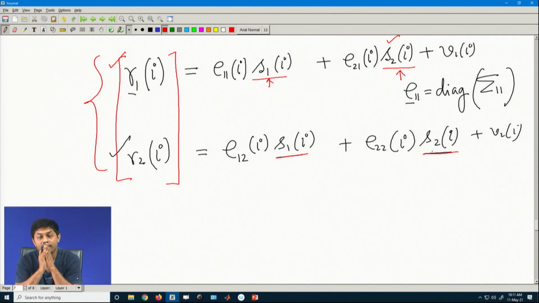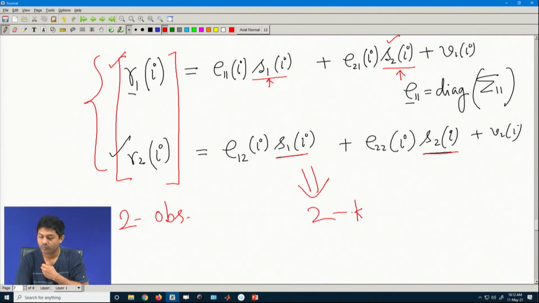Can I decode it? So, here if I take them together, instead of thinking of the ith element of individual data, I take the ith element of all of them and stack them together. So, two observations here, and here two unknowns.